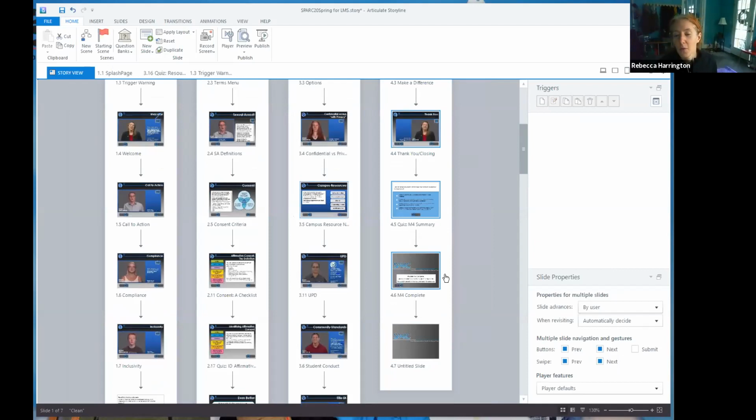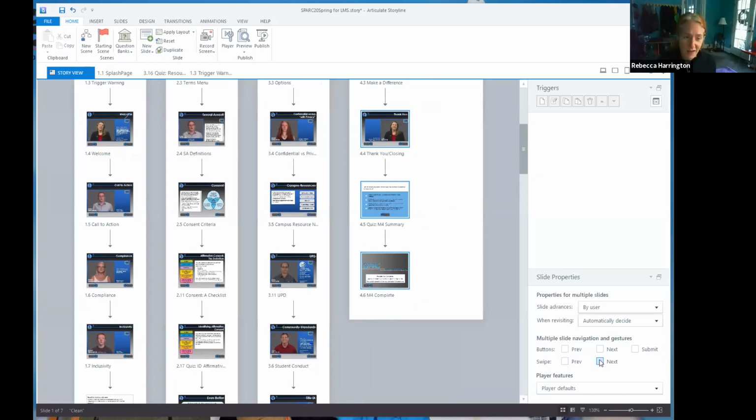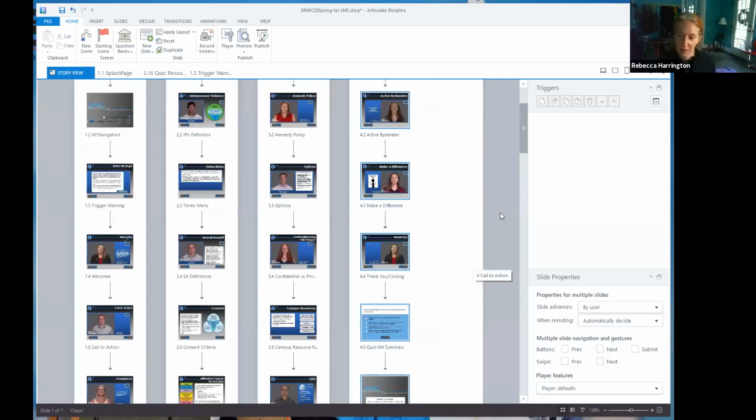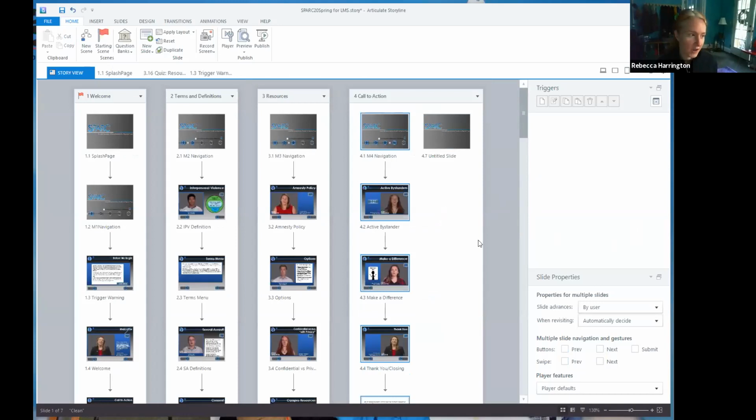So here we go. When I've clicked them one at a time, it's going to let me do this. This just means that half of the slides have it turned on and half don't, or at least one slide in there has it turned off. So it will toggle back to on. But sometimes you see that little square instead of that check mark. So just the housekeeping stuff as you get towards the end is you want to remove all of those things so that your navigation is the navigation.